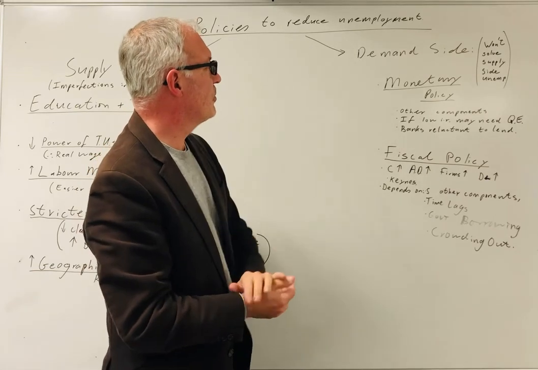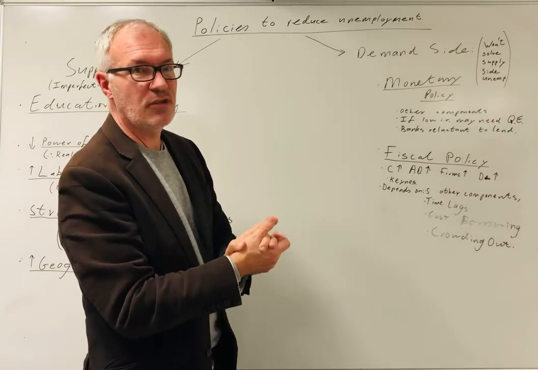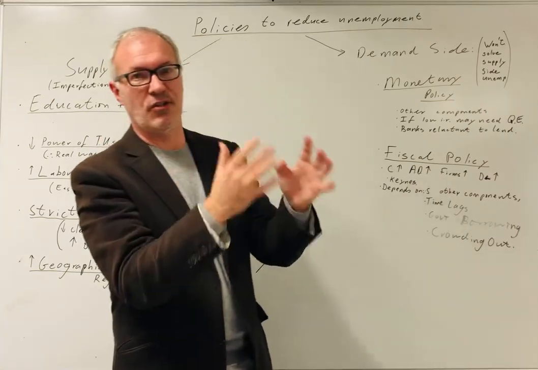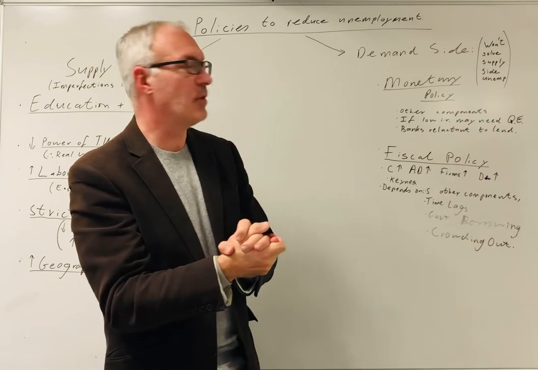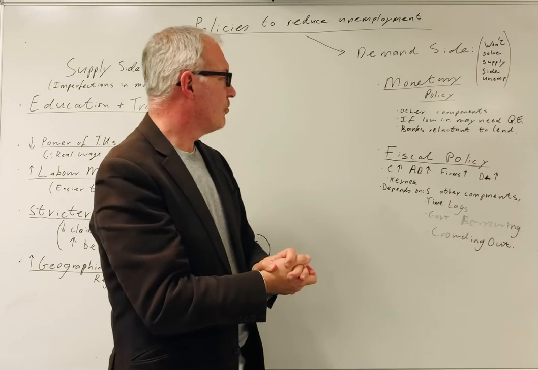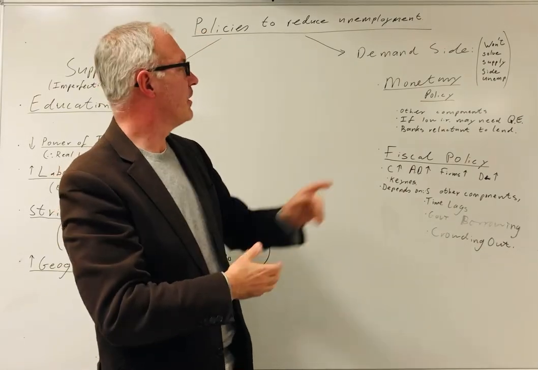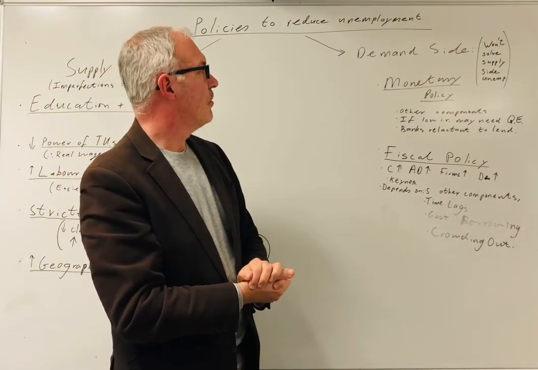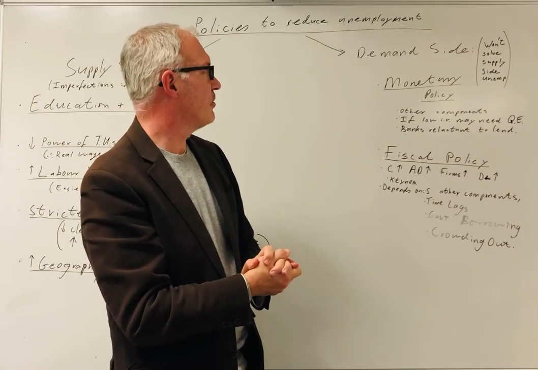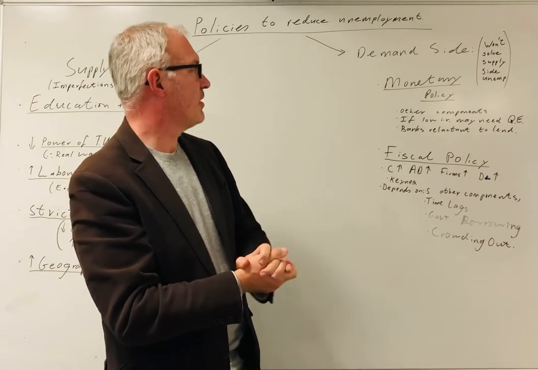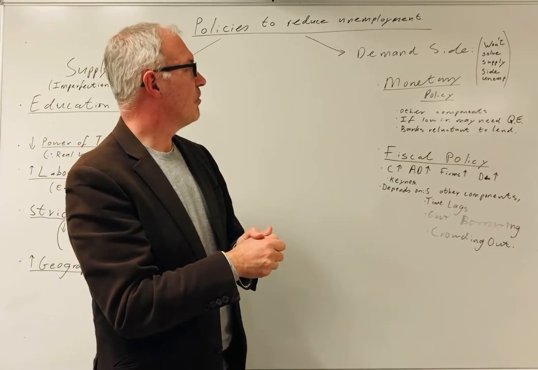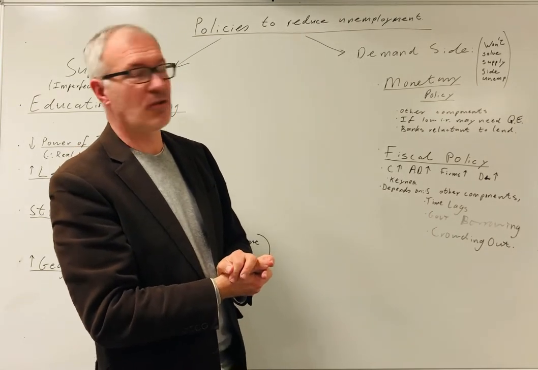A monetary policy would obviously involve a reduction in interest rates, and that should lead to an increase in consumption and an increase in investment, which will increase output from firms, which will create more demand for labour. The problem is, of course, what will happen necessarily to other components of aggregate demand, such as government expenditure. If that was reduced, then that would compensate and the policy wouldn't have its intended consequence.